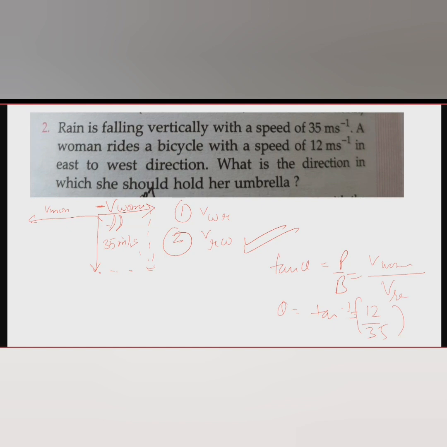Got it or not? Yes, ma'am. Look, why don't we find first, this is velocity of woman as seen by rain. This would be of no help to us because how rain sees the woman's velocity, how does it make a difference to the woman? So we will calculate velocity of rain as seen by the woman. So VRW. So you have to know which velocity you have to take a negative of.